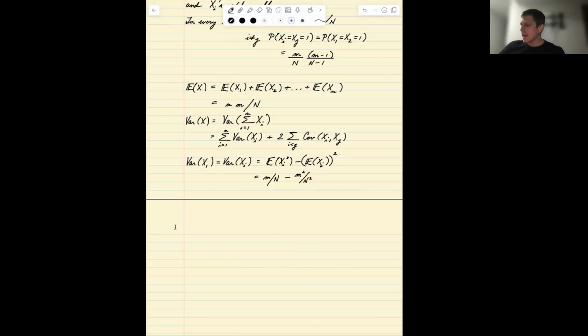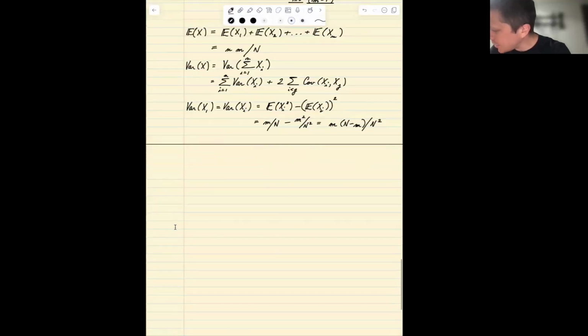So then what we're left with is going to be m times N minus m over N squared as the marginal variance. And for the covariance